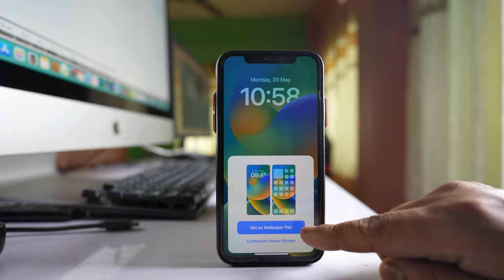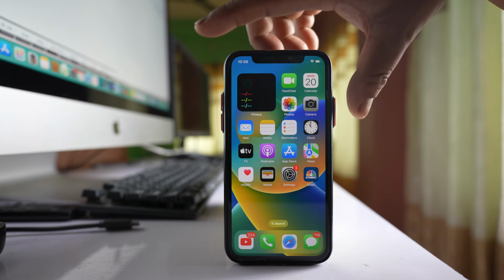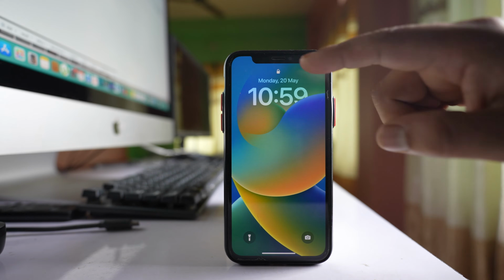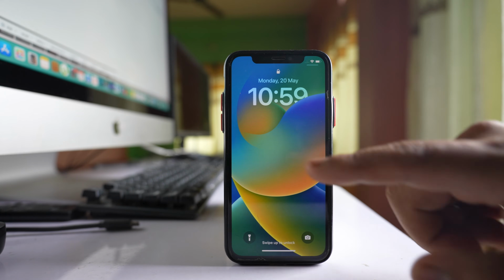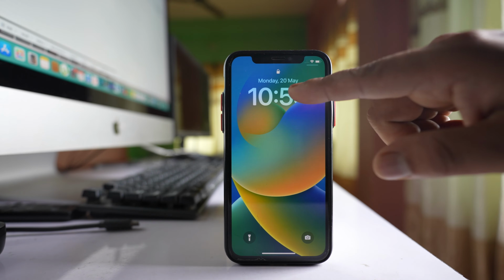Select this option Set as Wallpaper Pair. Once you do it, close this one. Let me close this screen and open it and check if the date and time is more clear this time or not. The other thing that you can do is you can also change the font color and size for